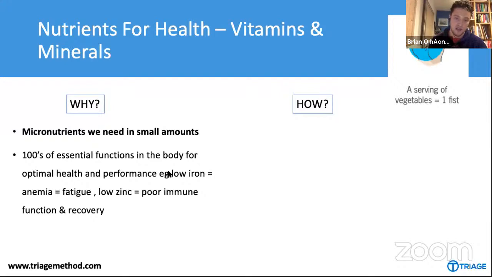So just to give some examples so you can try and visualize this, if someone has low iron levels because of a low iron intake, they may have iron deficiency anemia, which impairs oxygen delivery around the body, which is going to lead to fatigue. And you know as well as I do here that if you're an athlete who is fatigued and low in energy all the time, because maybe your iron levels are low, then you're not going to perform your best. If you have a low zinc status, then you can say hello to poor immune function, poor recovery, poor hormonal function. So all these micronutrients have massive amounts of roles in the body.